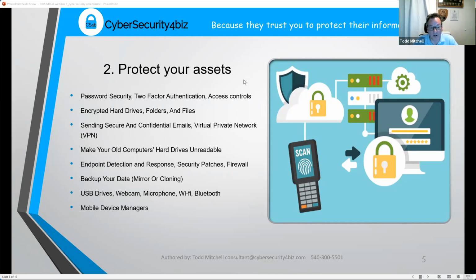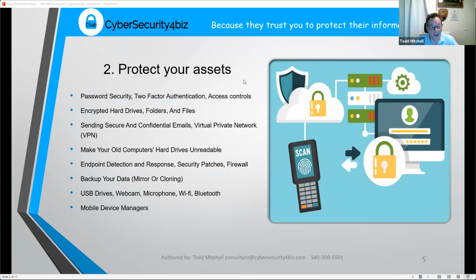And the firewall, think of a firewall as like a bouncer standing at the door of the nightclub. That is the main entry point into your system. It is the number one thing that's blocking traffic coming in and out of your router and into your computer. And so those firewalls need to be on, and they need to be set to the tightest security settings that you can get away with and still do your job.